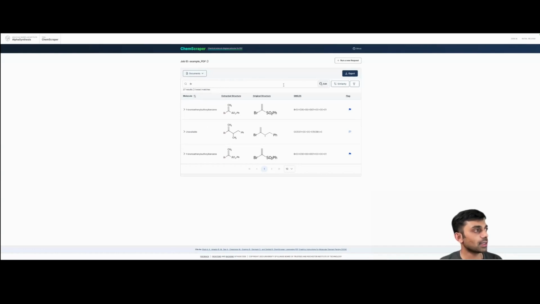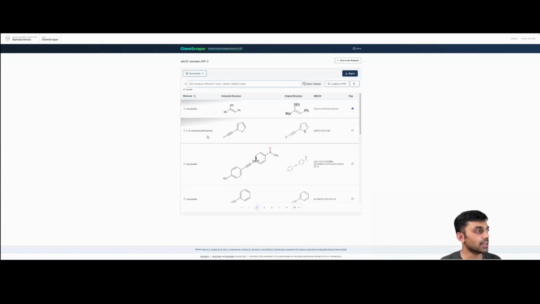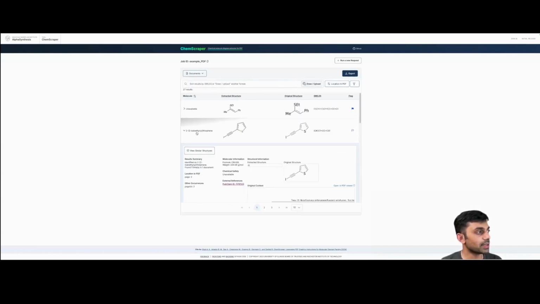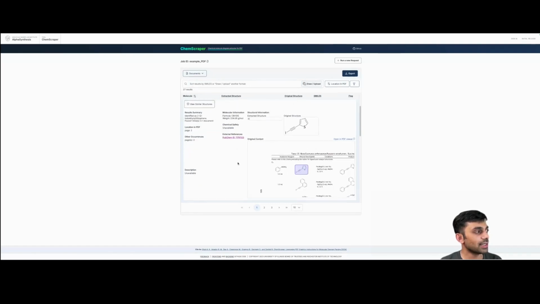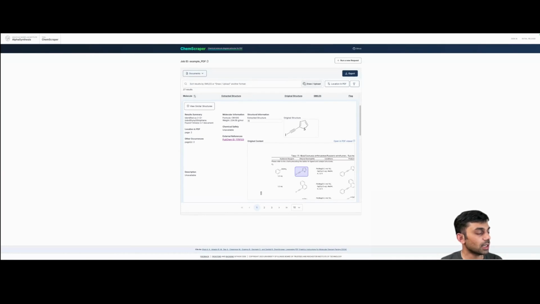Now, let's look at each individual result. So for example, let's expand this by clicking on this. So you can see that there is additional information for each of the extracted molecules. We have the name, the location in the PDF, the other occurrences of the same molecule in other parts of the document. So these are the information like the molecular formula, molecular weight, chemical safety, pulled